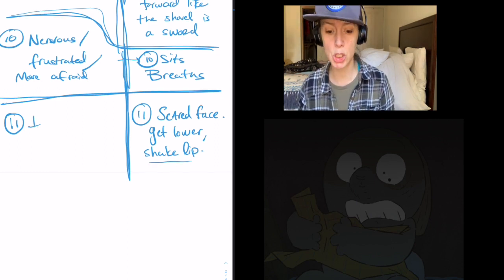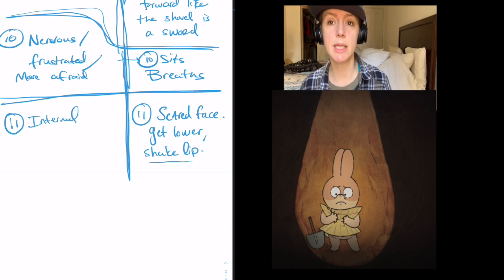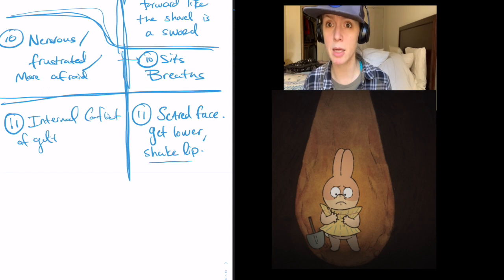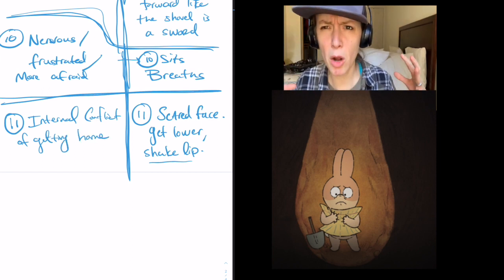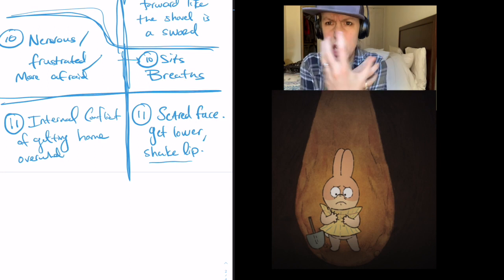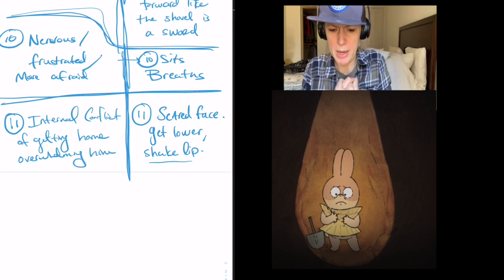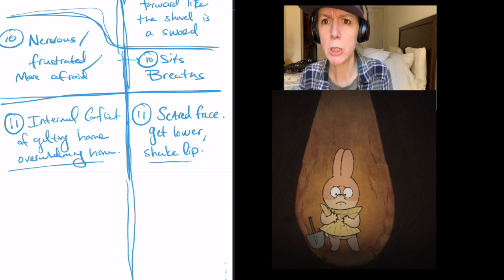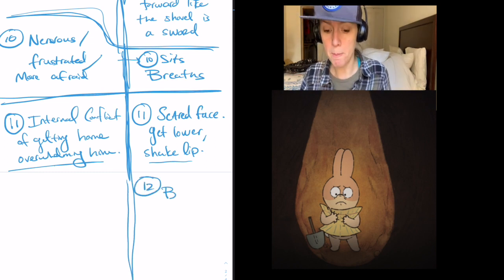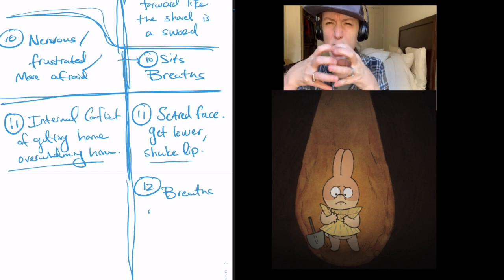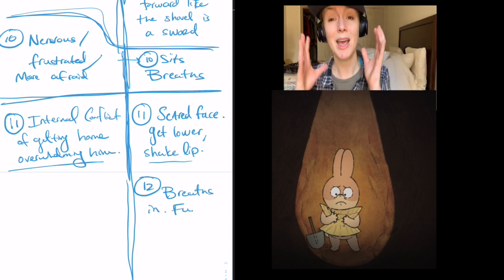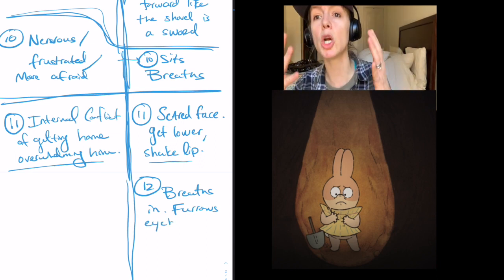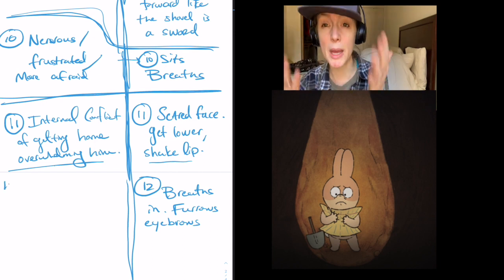Okay, next choice. Here we go. He takes a deep breath. And you can write that in your T chart. Takes a deep breath. He furrows his eyebrows. That's a physical choice. He grabs his map. He leans forward and he says, you know what? I am going to make this happen no matter what. I am not going to let this get away. Moving forward, so he holds his map. So just squeezing a prop could be a physical choice. Again, so much of this assignment is about you planning your blocking, planning your choices, being intentional.